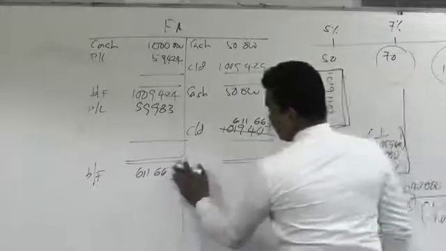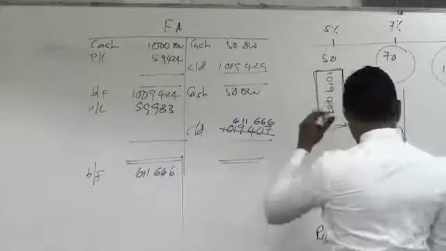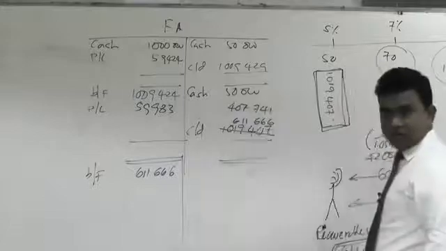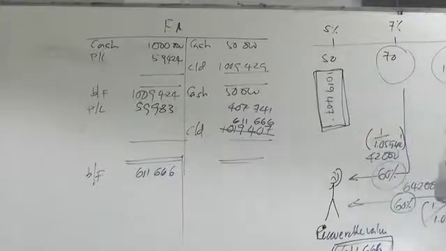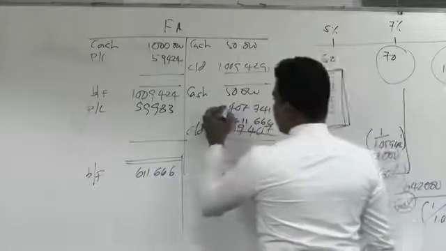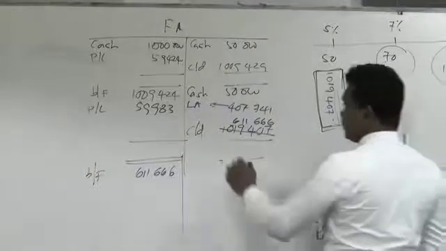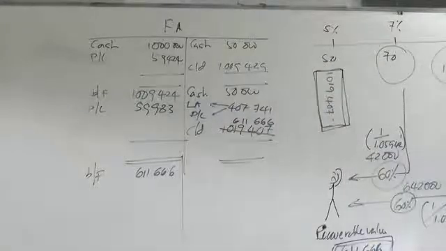Is that clear? Recoverable value is less than carrying value, therefore, you will take recoverable value as the carrying value. With that, you have a loss. That loss equals 407,741. Once you recognize this, immediately you have to see whether you have a loss allowance account now. If you have a loss allowance account, first of all, you will charge this into the loss allowance account. If not, then you will take the balance into the profit and loss. Is that clear? If you have a loss allowance, first charge into the loss allowance and set it off.